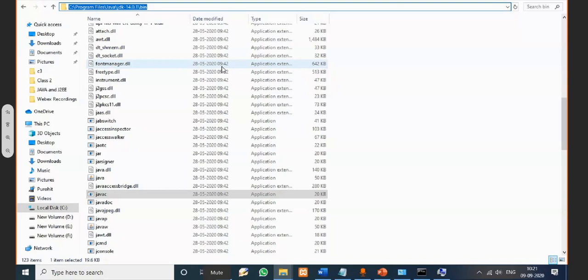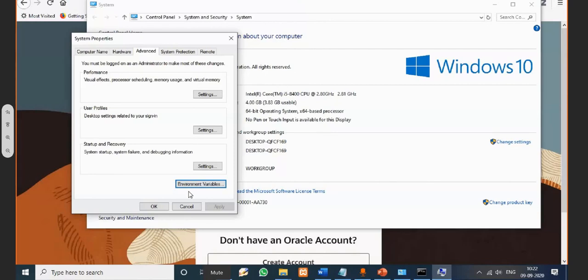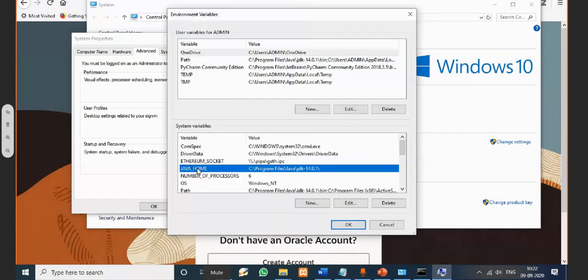Once I go to here, it uses the Java environmental execution. If you want, we can do it this way also, with JAVA_HOME. We can add it this way too, but we are not adding it here. See the path variable: the bin we have not added. By default, it will create JAVA_HOME.